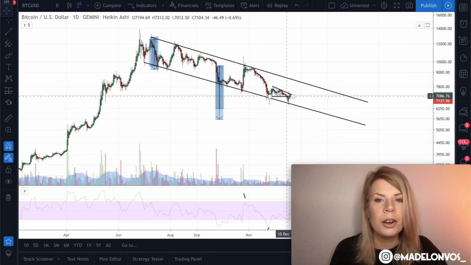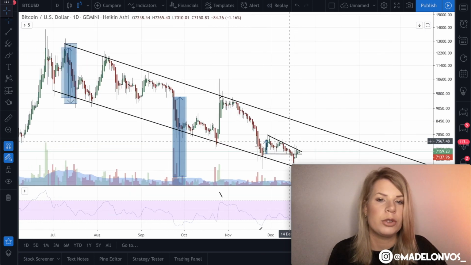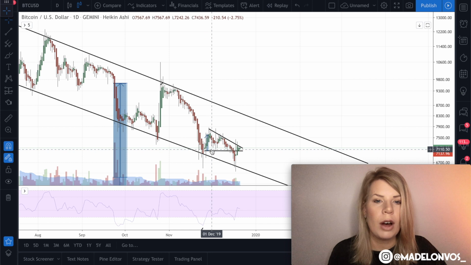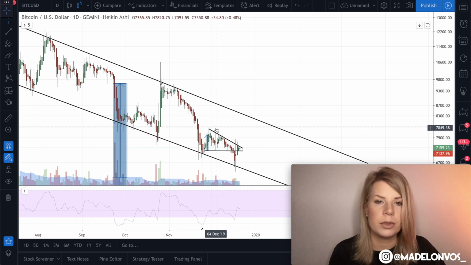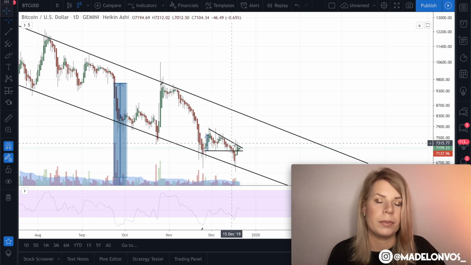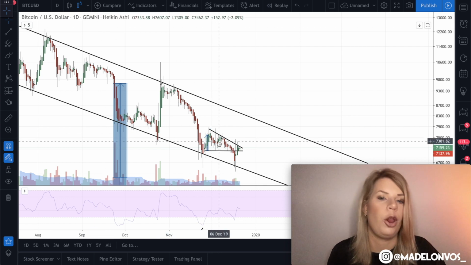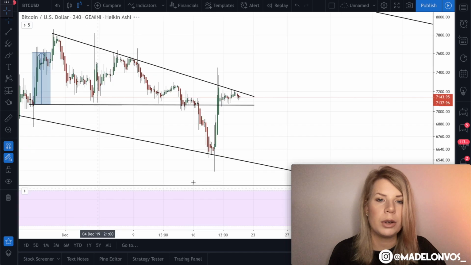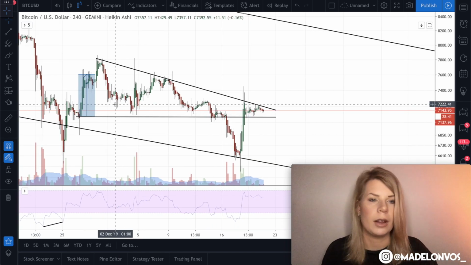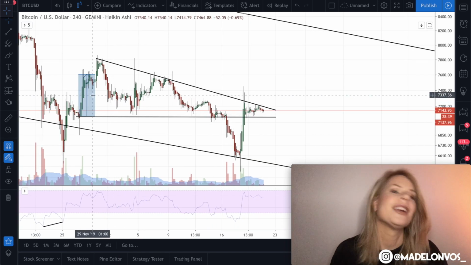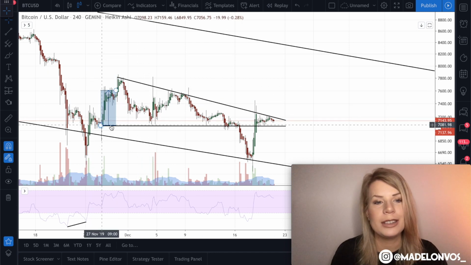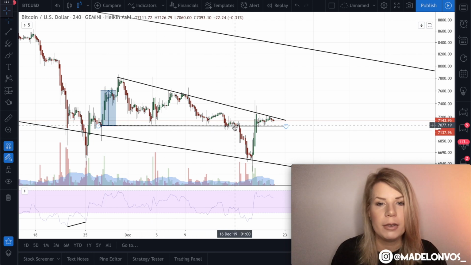And here we had this really interesting looking triangle. This triangle has horizontal bottoms and highs that are going down. Or horizontal lows is what you call it in English, I think. So let's take a look at the 4-hour chart. This is really interesting, I always love to do this. This is one of my favorite patterns. And as you can see, the lows here, 1, 2, 3, 4, 5 times.